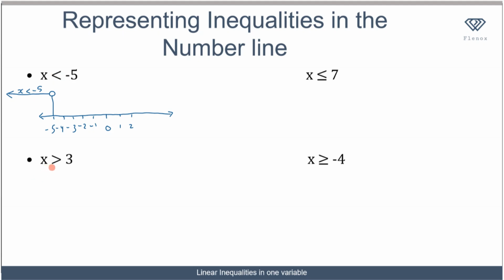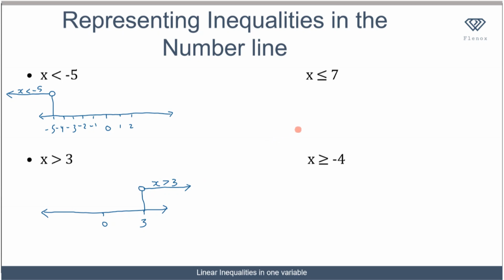Now let's try another example in which you have x is greater than 3. First, you draw the number line and locate 0, then you locate 3. 3 will be on the positive axis, so it will be somewhere here. We are told that x is greater than 3. So first we draw the line up, then we draw a small circle on top. And what does greater than mean? It means that x lies in front of 3. So we draw an arrow in this direction, and we have x